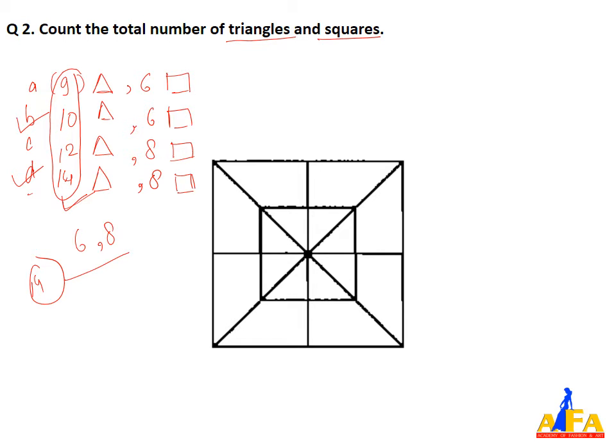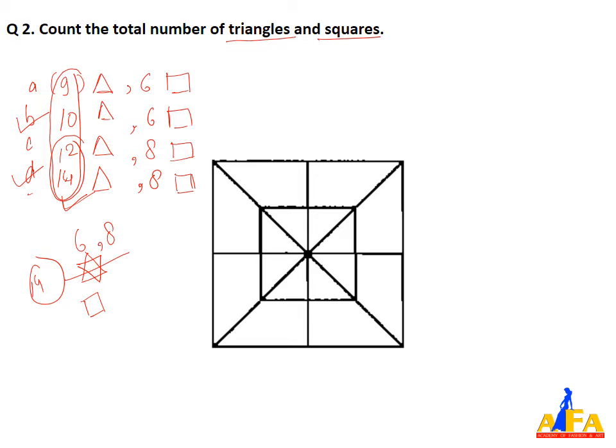But in the squares, if the number of squares comes 8 in your solution, then you have to definitely calculate the number of triangles. So this will take a lot of time in calculating the number of triangles and number of squares. So start picking from the options also, okay. Here we will study how to calculate the triangles and squares. I will make you understand both for both questions.